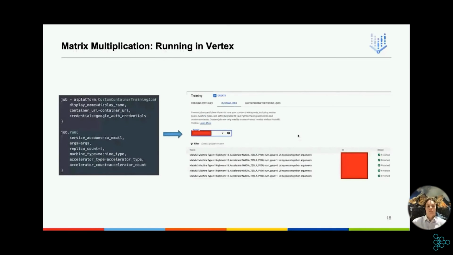So the most important part, or one of the most fun parts, I would say, is actually running the job in Vertex AI. What we're doing here is essentially just instantiating an AI platform, taking a custom container job and running it. It's very straightforward to do this, and there's many options, as I said before, to do so. But it basically allows you to create this job in Vertex and choose the exact compute resources that you'd like to use, and then gives you status updates throughout and outputs the logs to Cloud Logger as well, which is very useful.